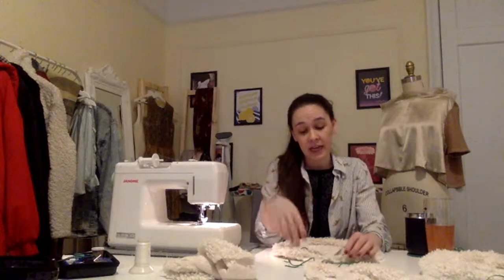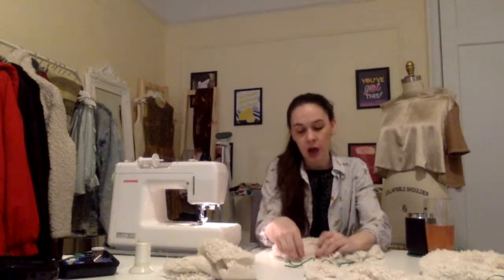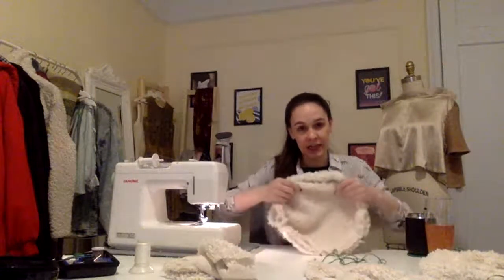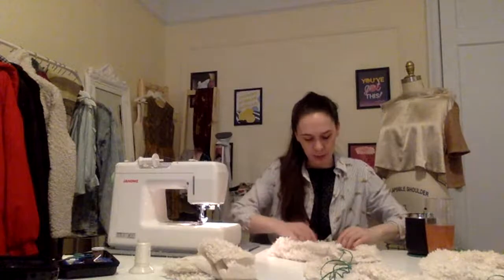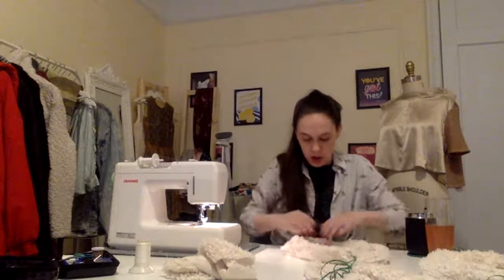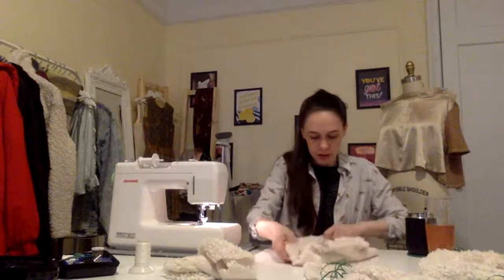But I just decided what I'm going to do is, since I did French seams, because I definitely wanted a seam that was going to be, I'm just pulling it. Since I started pinning there, the string was really long, so I had to pull it so that it was not too long. So anyways,